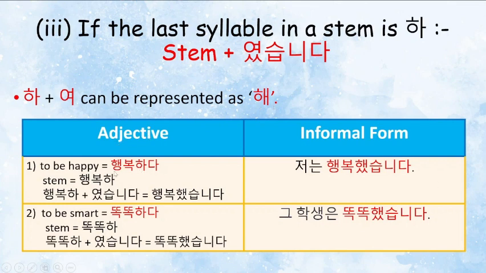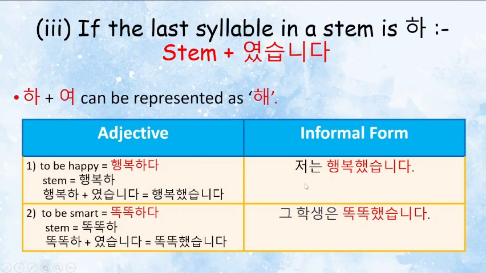Suppose I have to conjugate the adjective 행복하다, which means to be happy. Here the stem is 행복하. The last syllable is ha. So the ending that will be attached is 였습니다. Ha and yeo, they will get merged into hae and it will become